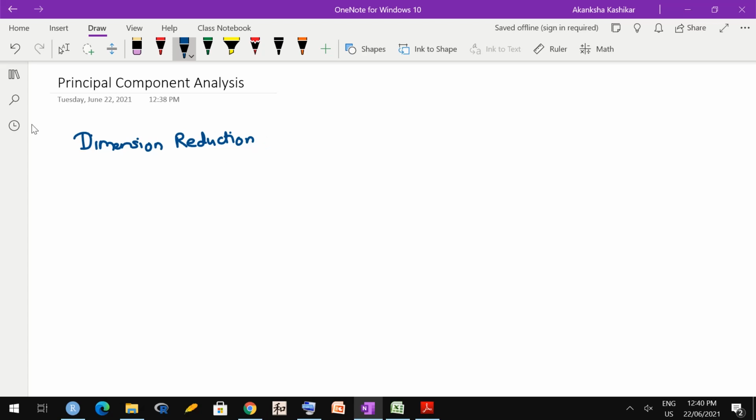Okay. So as I said, main aim of PCA is dimension reduction, but there are some other uses also. So one of the other uses is for unsupervised classification. Okay. What is meant by supervised and unsupervised? We'll see in a minute. So see, there are two types of classification. One type is when you already know the classes, but you just try to find out a rule by which those classes can be explained.